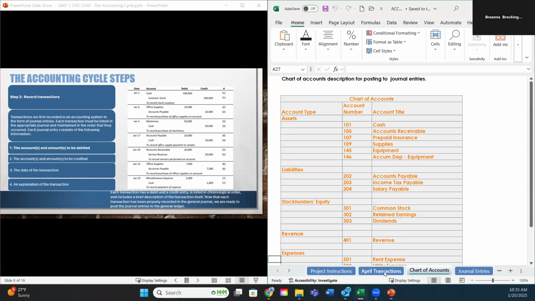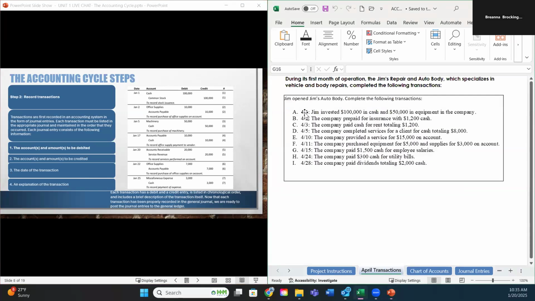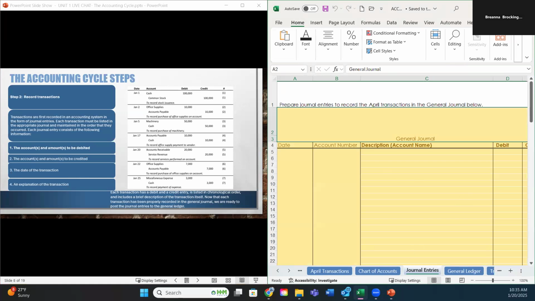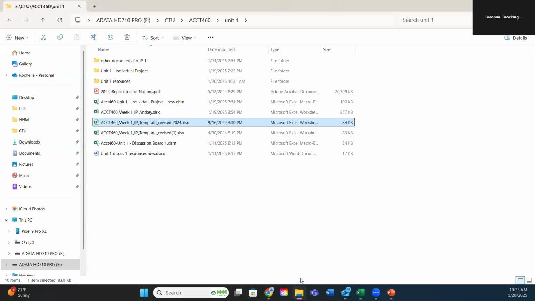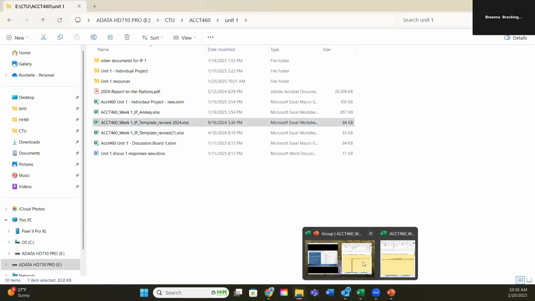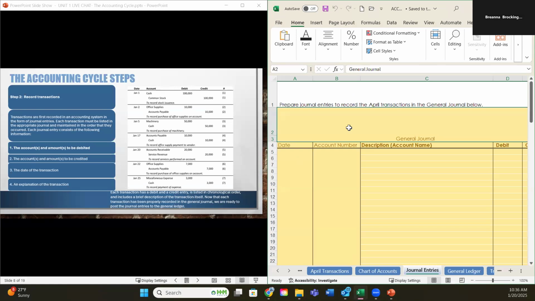If we look at the first transaction, Jim's invested 100,000 in cash and 50 in equipment. So we would go here and do our journal entry. Let me see. Did I do that? Okay. So when we're doing this, we have to make sure first that our